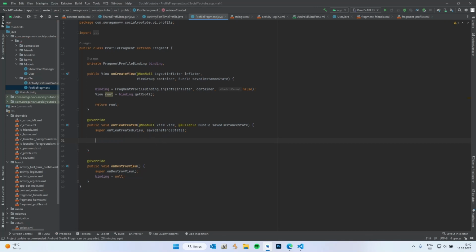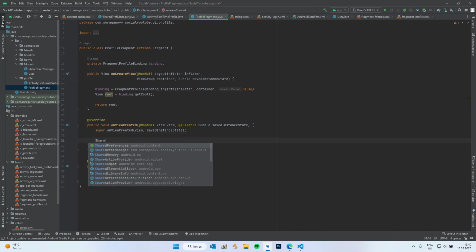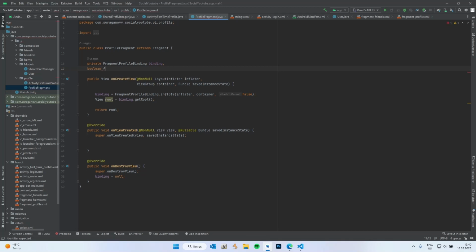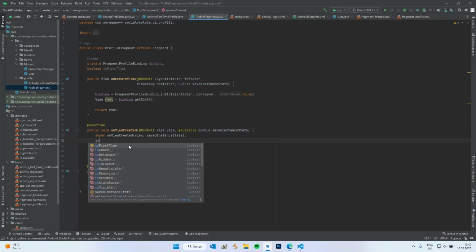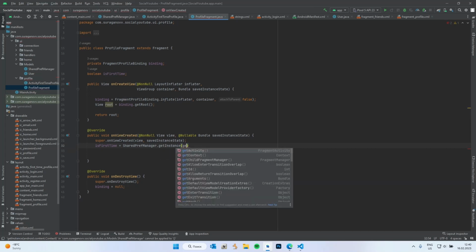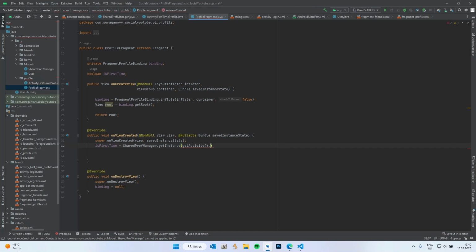Okay. What I'd like to do now is use the shared preference manager, but I'm still thinking about how it's used. I'm going to create a Boolean variable, isFirstTime, and I would say isFirstTime equals SharedPreferenceManager.getInstance. As I said, as context, we are going to use getActivity().getApplicationContext(), and in here,